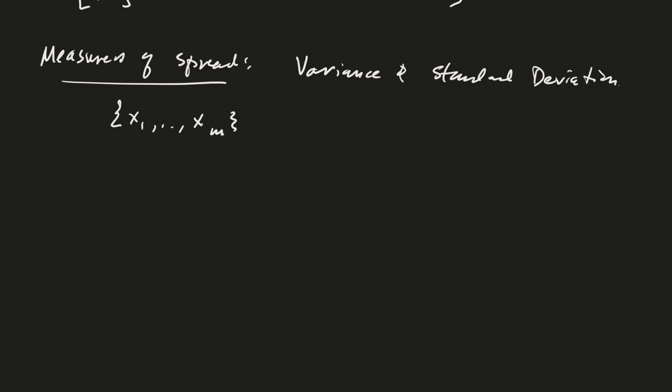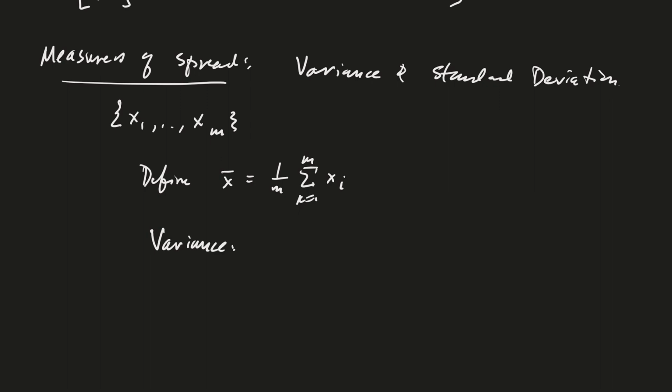then define x bar as our sample mean, the sum from k equals 1 to m of xk, divided by m. Good. And then we'll define the